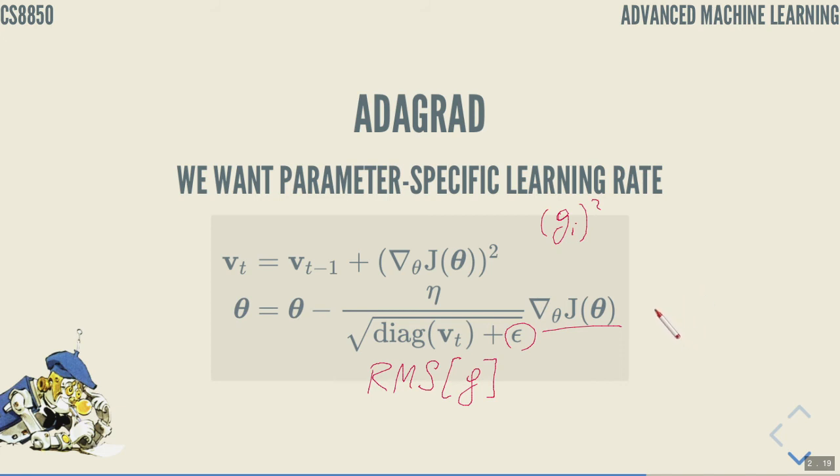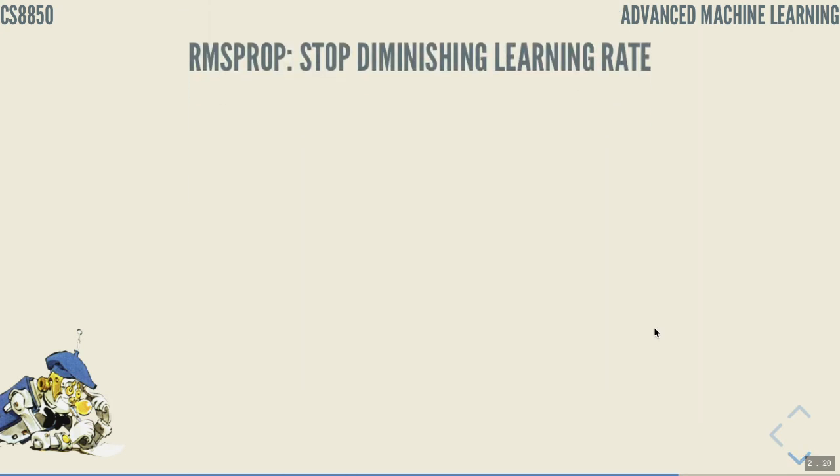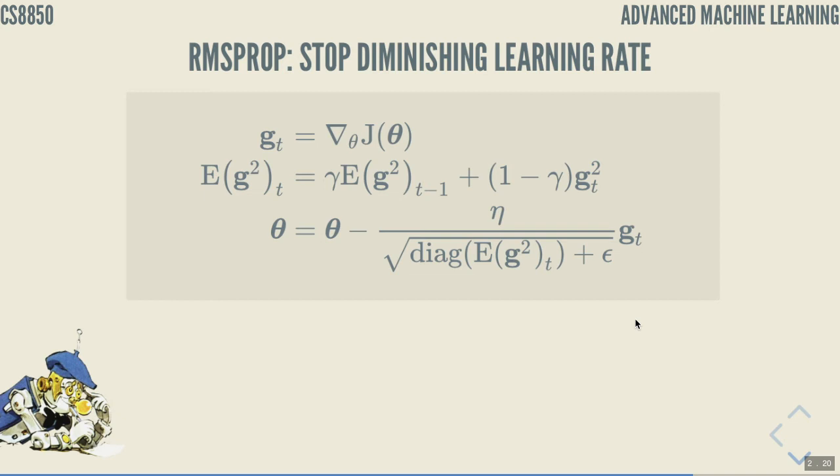So to address that, to stop this diminishing learning rate in AdaGrad, Geoff Hinton, in one of his lectures on Coursera, I believe, suggested a cure. But also in parallel, people developing AdaDelta, which we'll see on the next slide, also arrived at the same conclusion. So if we denote the gradient by G_t,